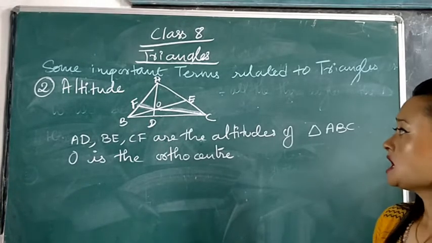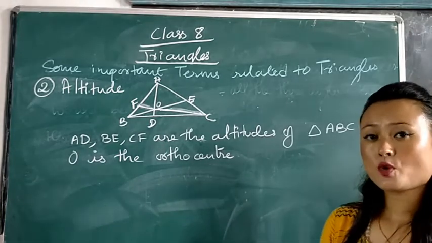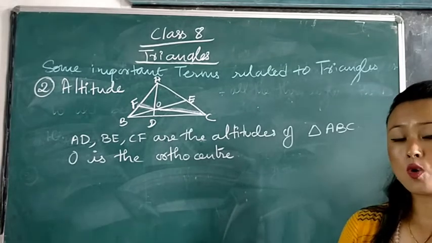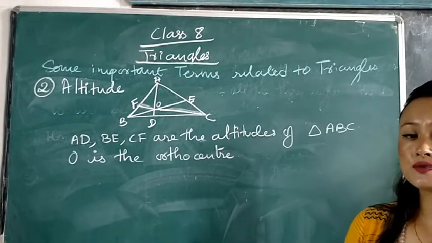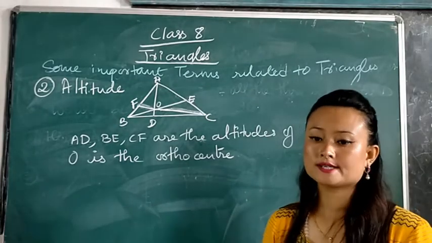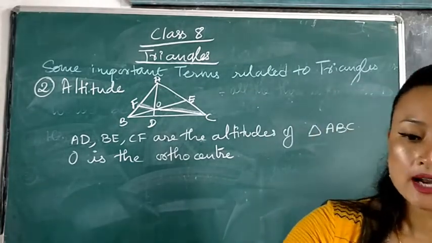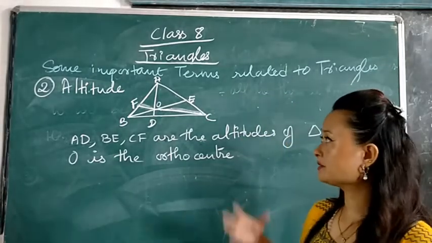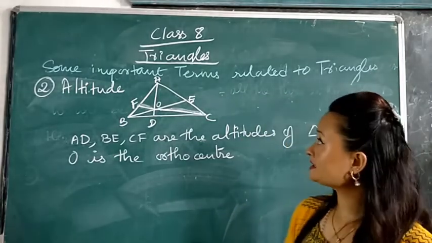Another difference: the point where the medians intersect is called the centroid, and the point where the altitudes intersect is called the orthocenter. And then we'll further continue our class, whatever other important terms we have related to triangles,